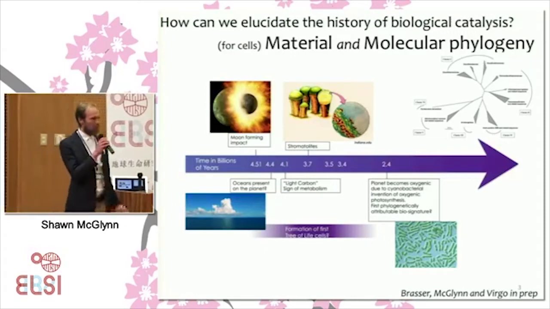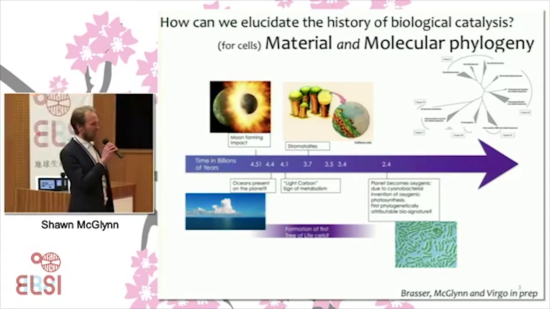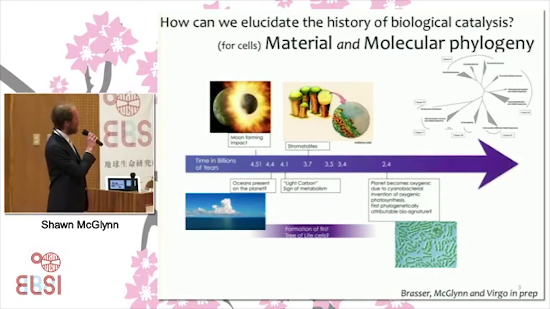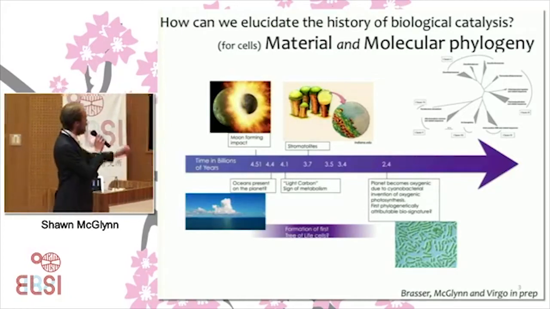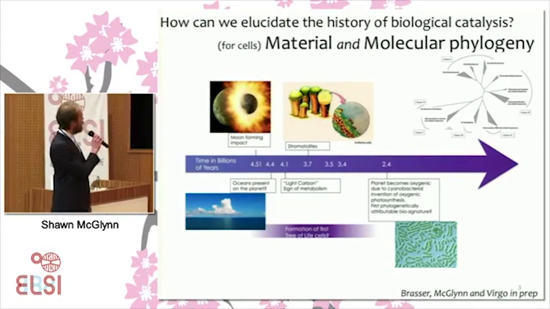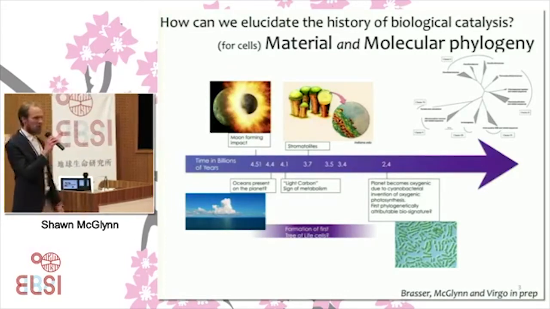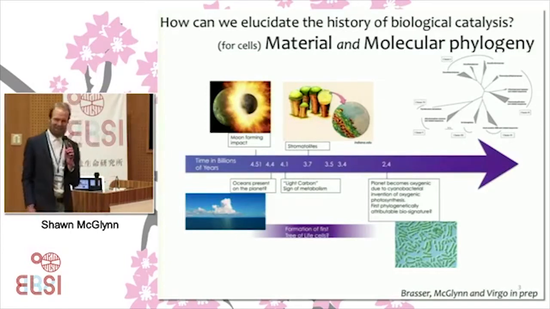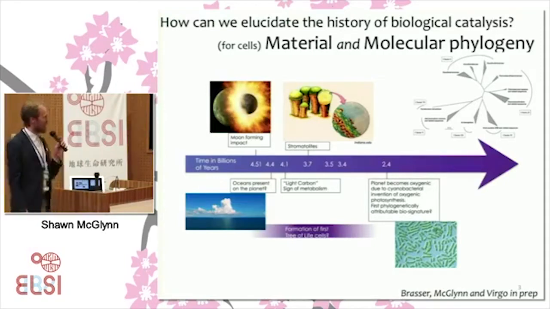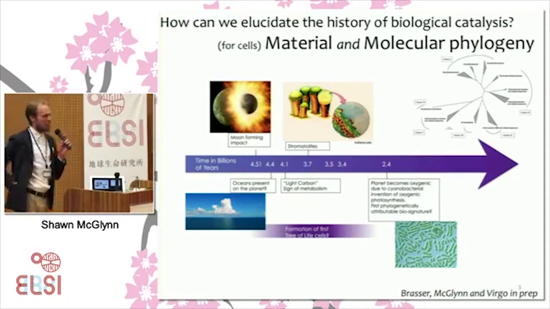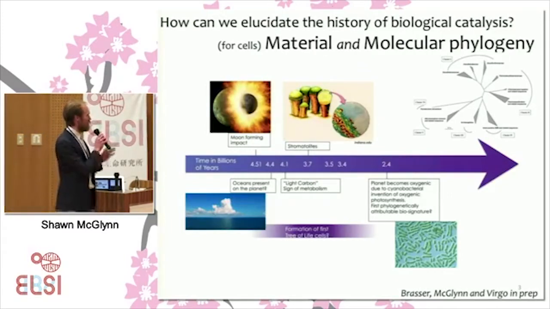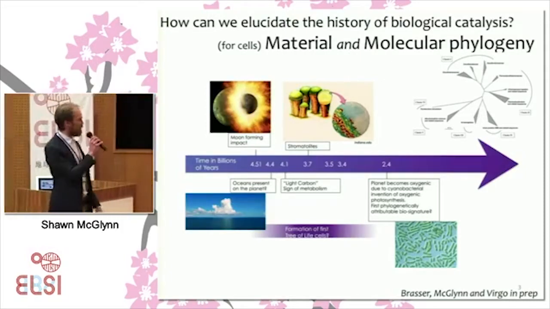Broadly speaking, we have two main repositories of the knowledge of biology on the planet. One is in stuff that we can go out and see, like these piles of cells that we call stromatolites, which appear fairly early on the Earth. And we also have other material repositories, these stable isotopes. Light carbon, as shown here, this is a reference to one of Yuichiro's papers, is a sign of metabolism deep in the past that's apparently recorded by the distribution or fractionation of light and heavy carbon, the different isotopes.